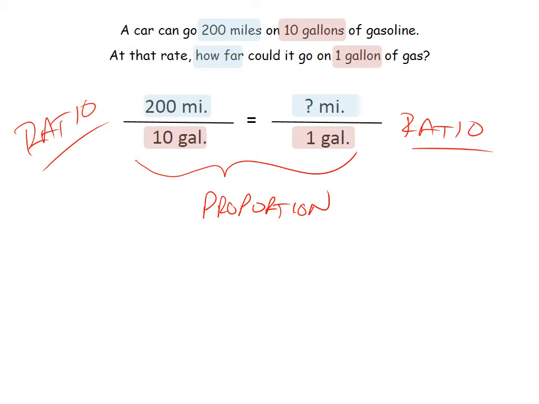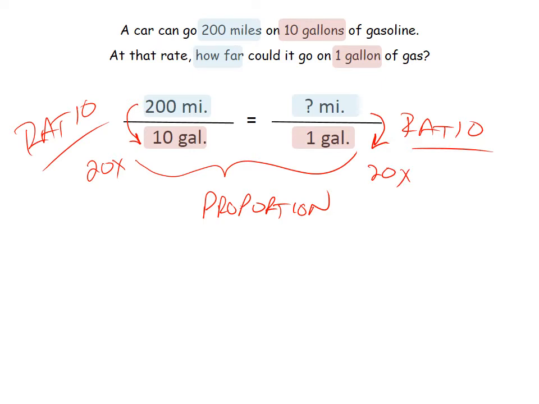So if we look at the ratio on the left-hand side, we see the 200 miles and the 10 gallons, and this ratio is telling us that the numerator is 20 times greater than the denominator. And again, for this proportion to be true, both ratios have to express that same relationship. So that means the right-hand ratio has to also reflect a relationship where the numerator is 20 times greater than